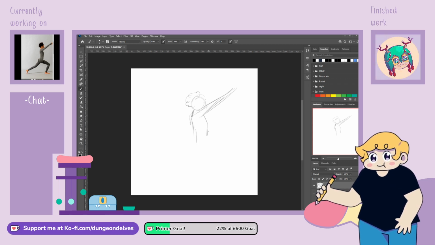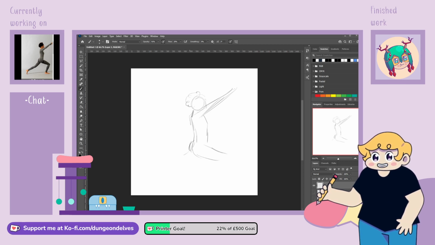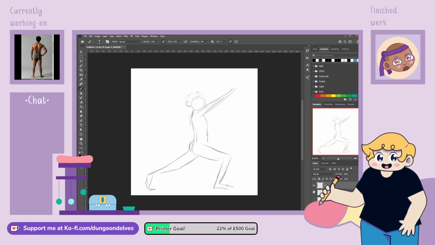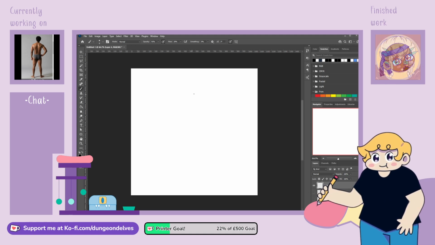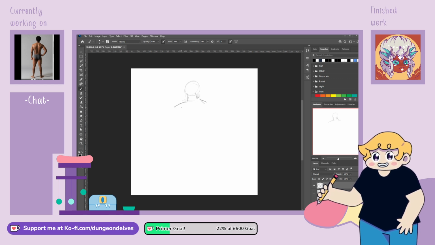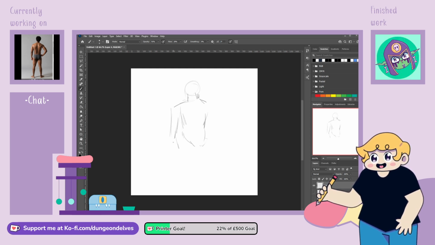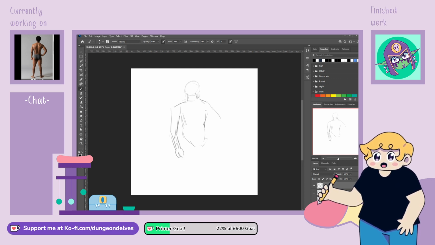So we've got this, and then this leg comes in, and then this leg comes all the way out, and we've got bent toes, and this one has a flat foot on the floor. Okay, next one. So quick, so quick. Okay, got the neck, and it's very straight back, and the arm's got a bit of space between the body here. That's a weirdly placed elbow. We're just going to keep going.